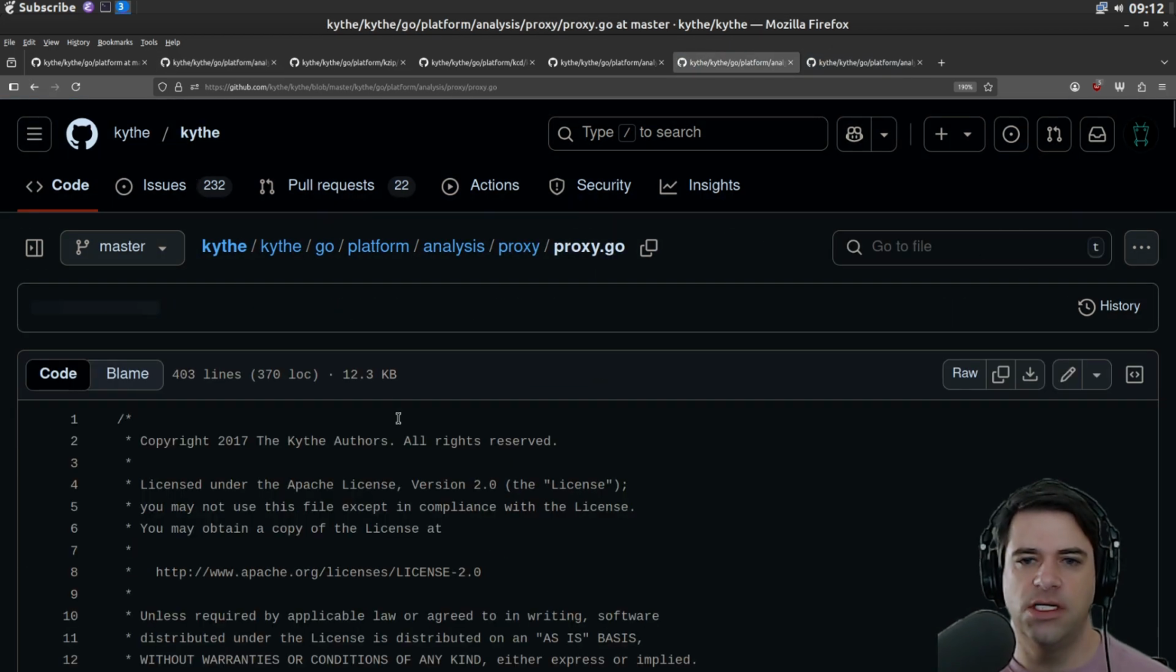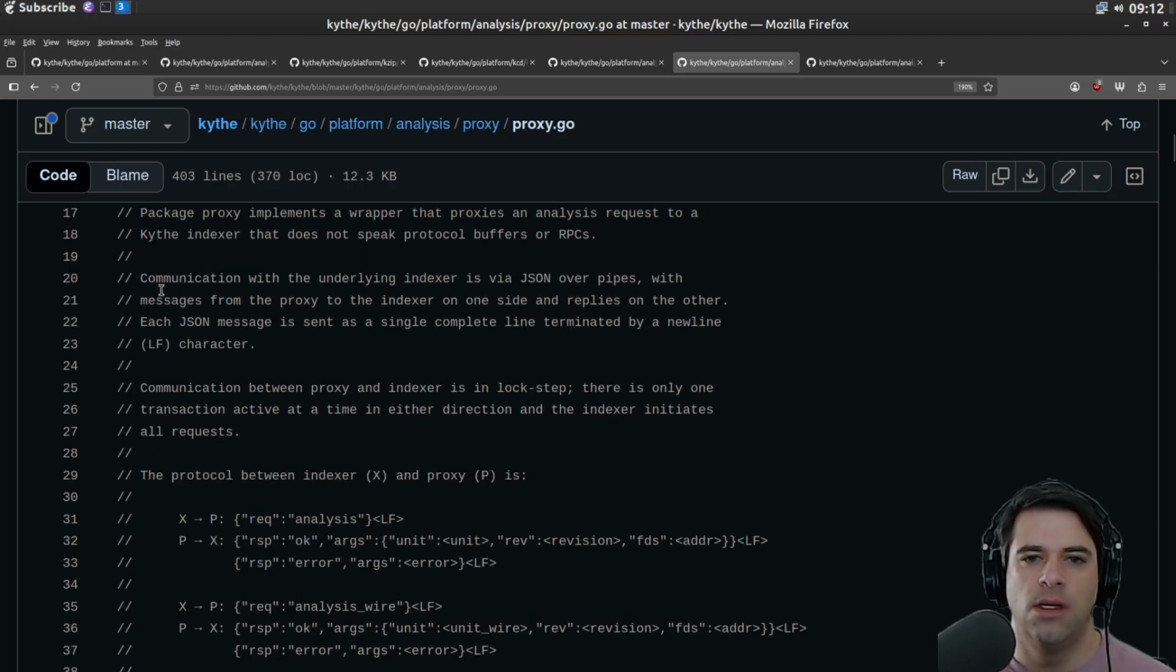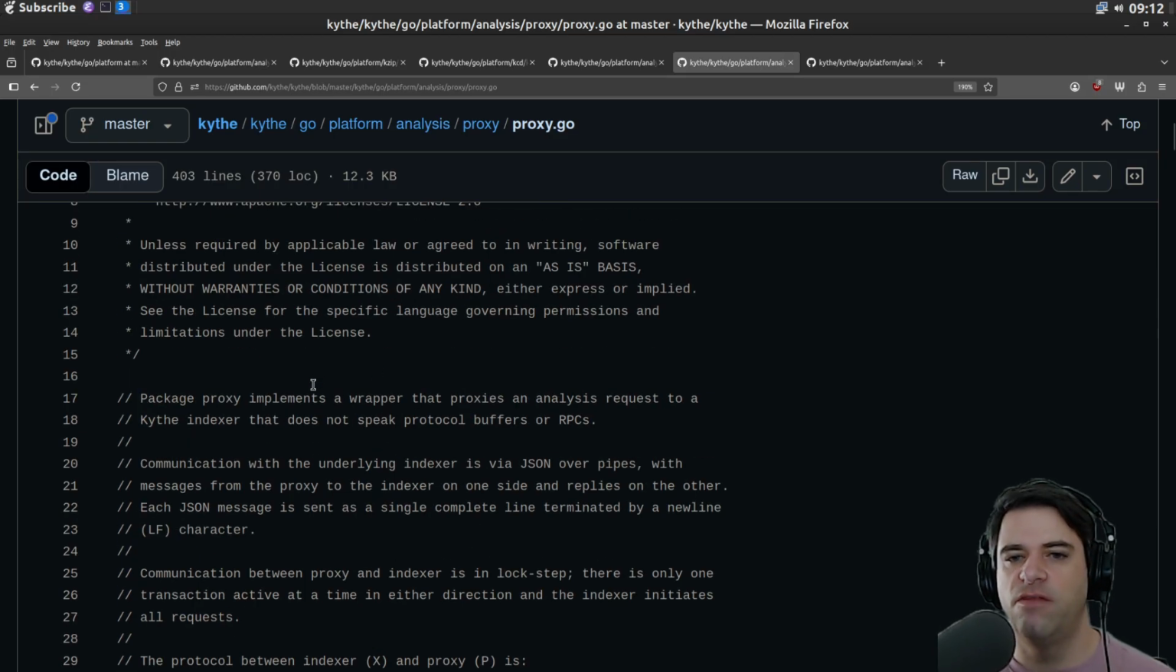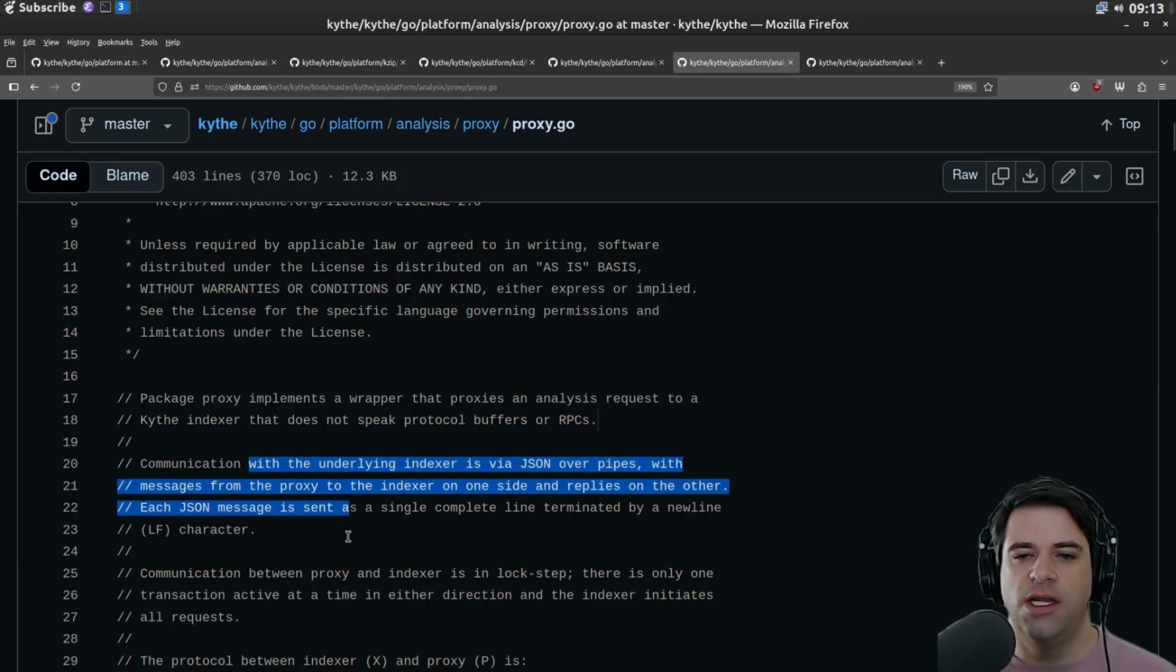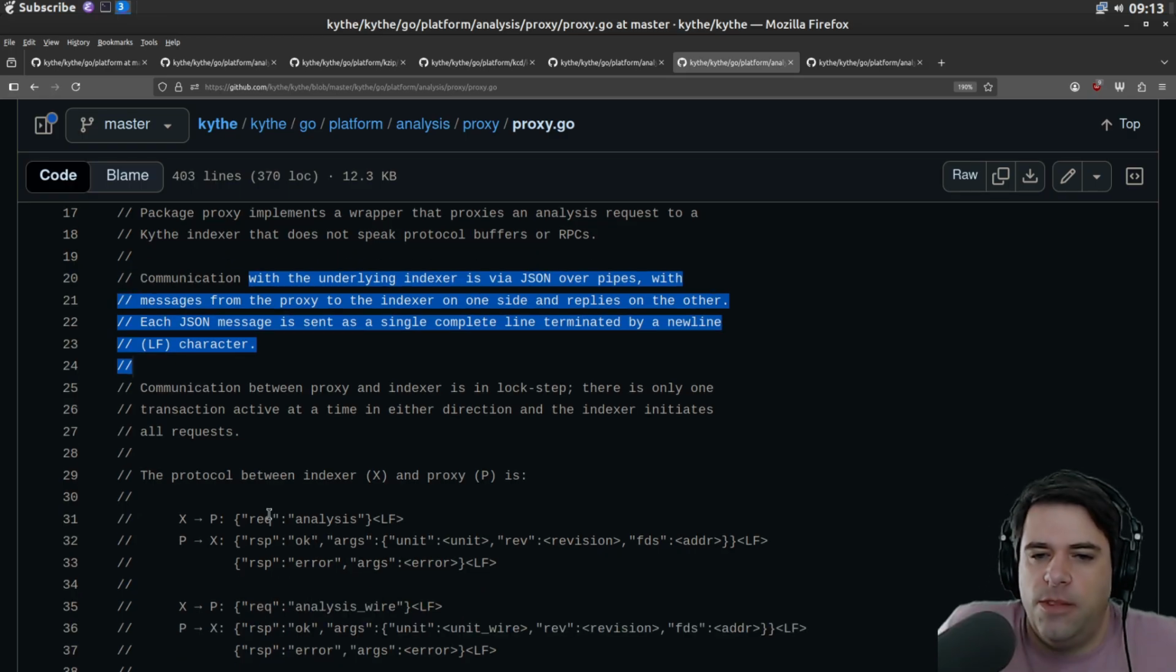Proxy.go. I'm guessing this is just a proxy. Okay, package proxy implements a wrapper that proxies an analysis request to a Kythe indexer that does not speak protocol buffers or RPCs. Communication with the underlying indexer is via JSON over pipes, with messages from the proxy to the indexer on one side and replies to the other. Each JSON message is sent. Okay, so this is